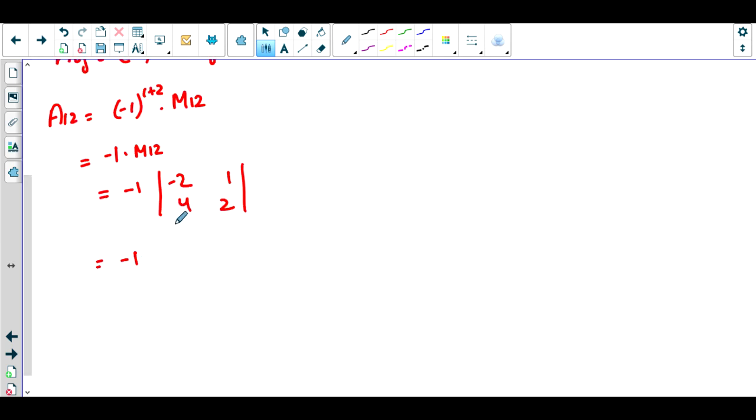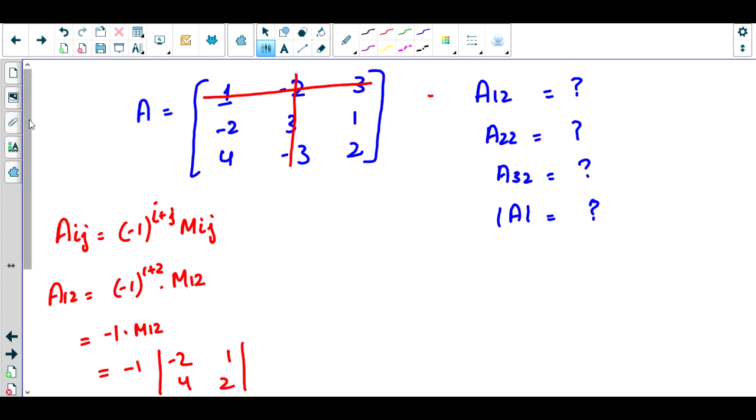So -2 into 2 is -4, and 4 into 1 is 4, minus from the formula, -4. So when you solve, it becomes -8, which, with the -1 outside, is equal to 8. This is the minor, and we got the cofactor a12, which is 8. Right? Now